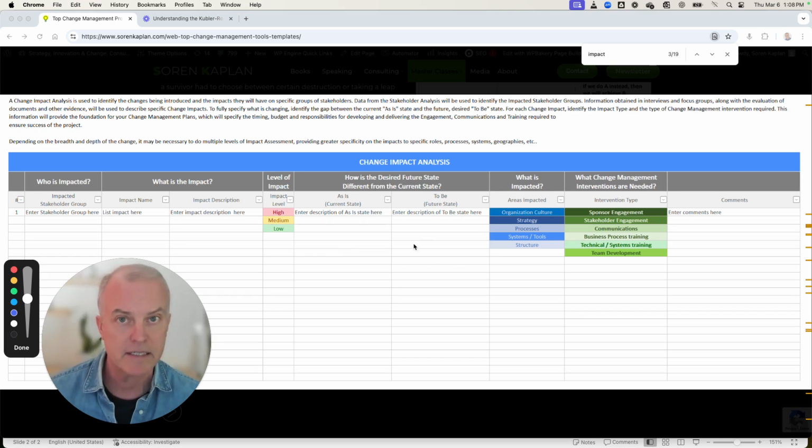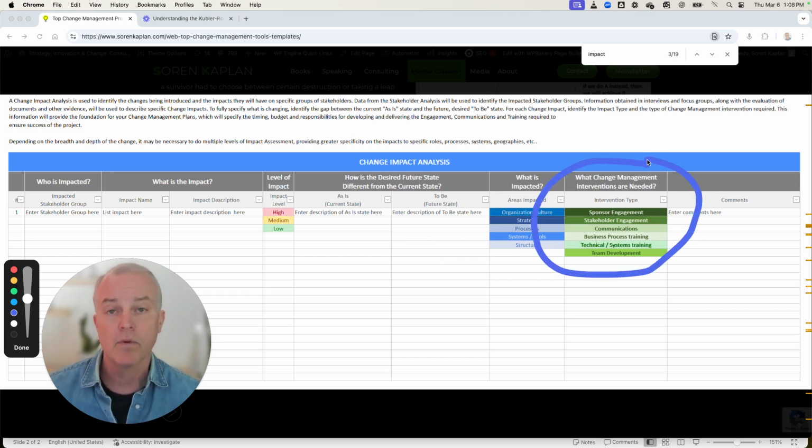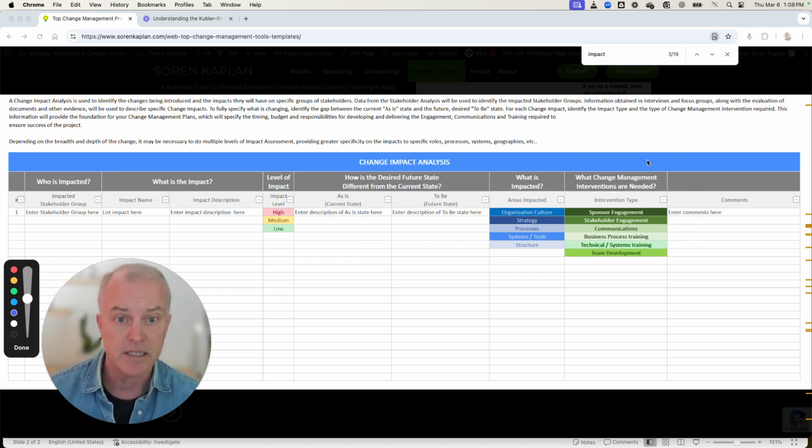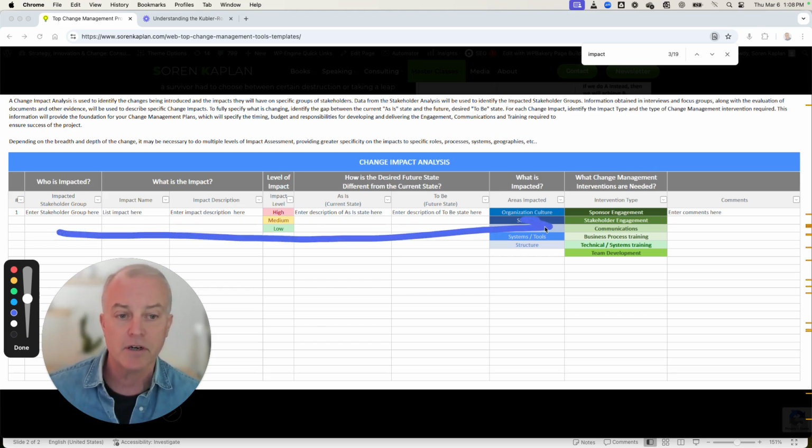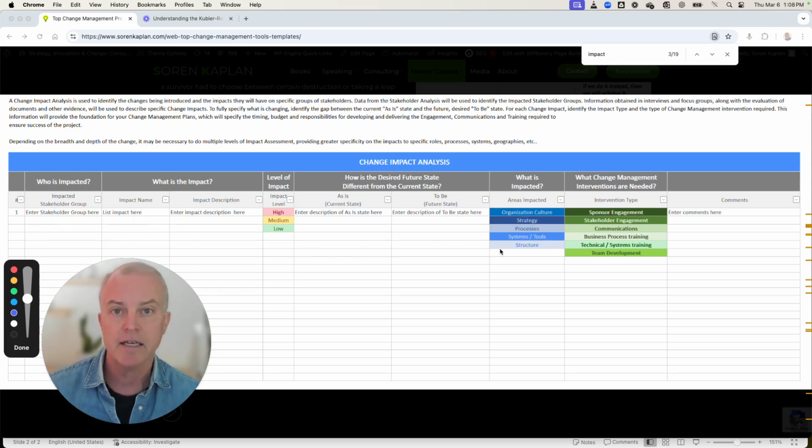If you look at what is impacted and who's impacted and what that current and future state is, that'll give you a great snapshot of then what do you need to do? And so that what do you need to do is the interventions that you need to then take. So all of that thinking leading up to those interventions is to understand who needs to change, how big the change is, so you can determine, is it just about communications, or do we need training or team development or